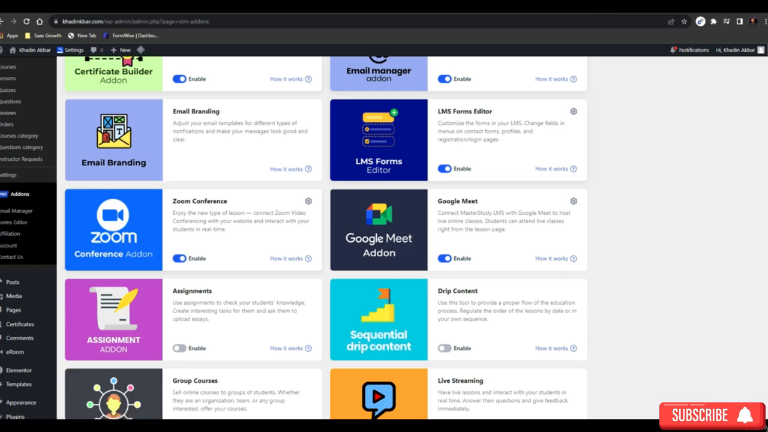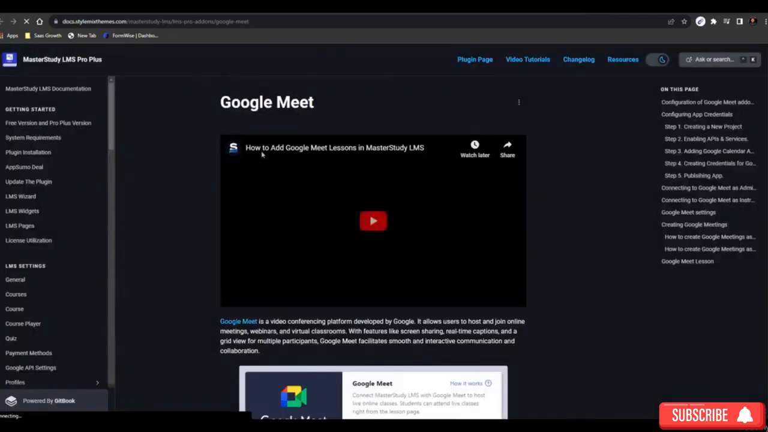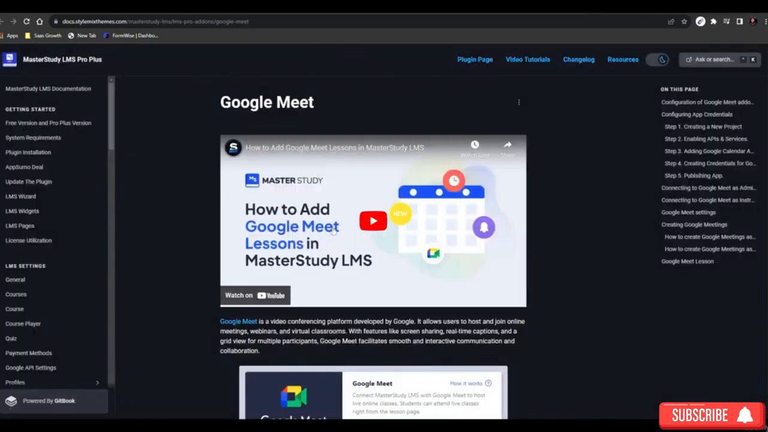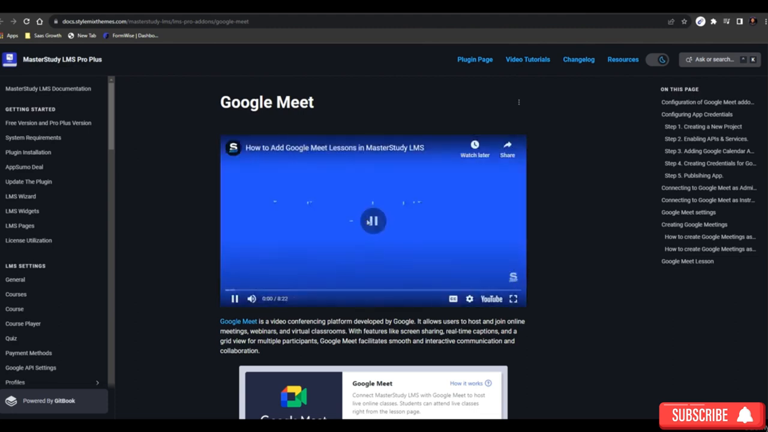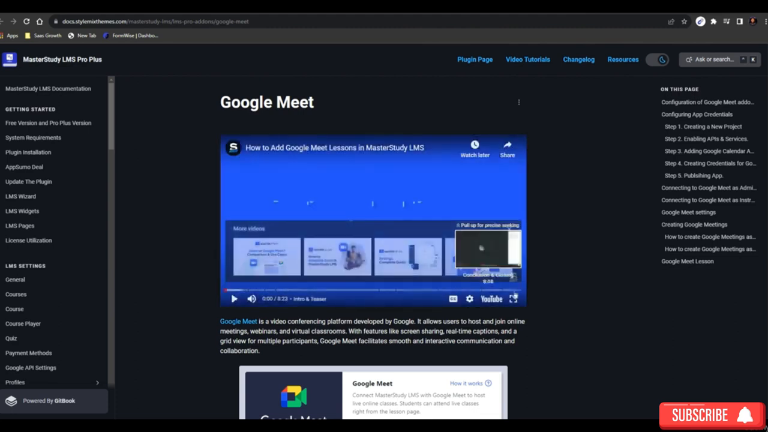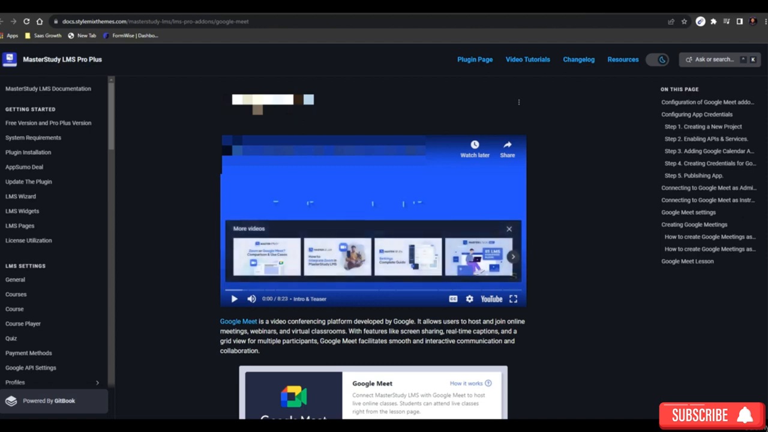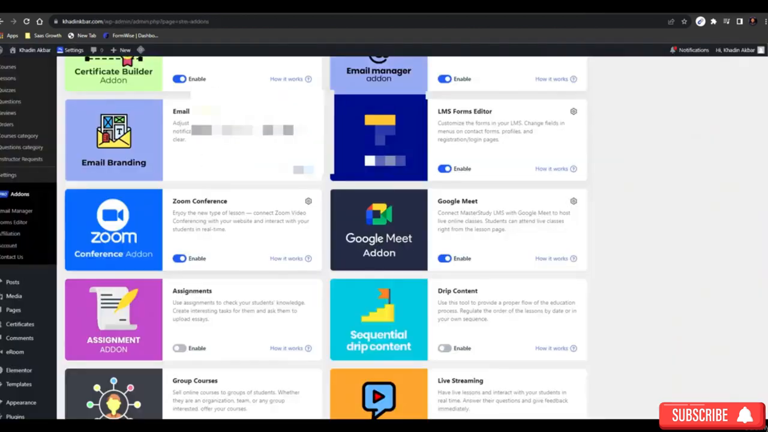And here in how it works, we have a complete guide about how to set it up, how to generate APIs, etc. So you have a guide of about 9 minutes, and it would help let you know how to set up each and everything. Okay, then